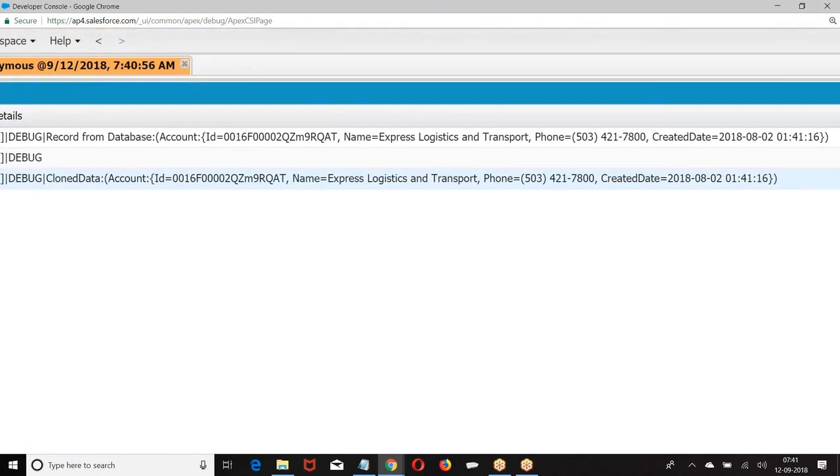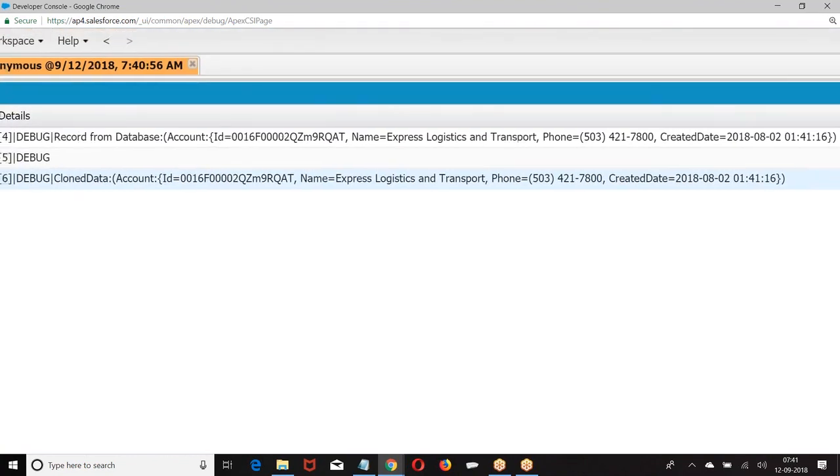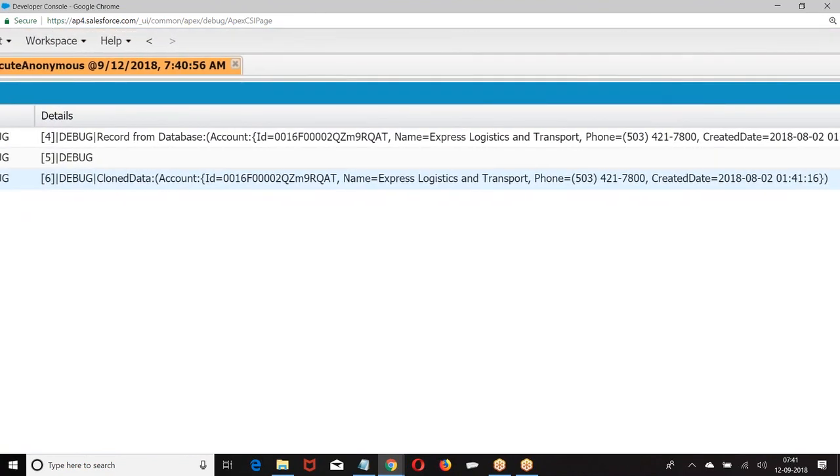Actually, when you fetch the data, what is the data we fetched here? We fetched the data. When you fetch the data, account ID, name, phone, created date, you are fetching the data.